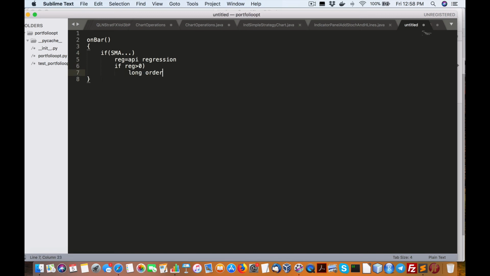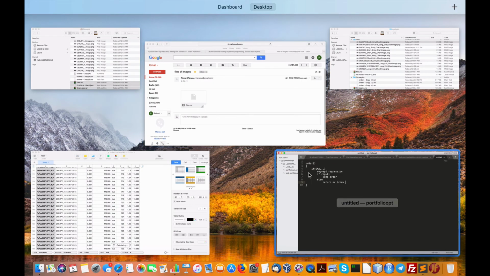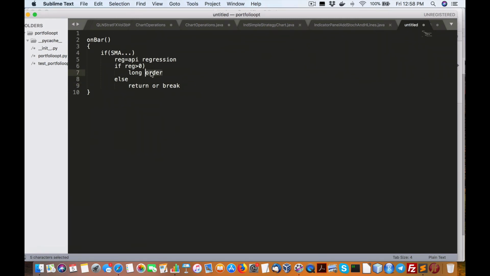potentially long in the order. Otherwise, return or break out of the loop. So nothing like what you're trying to prevent is this long from happening if the regression condition is not met, being positive, and you do the reverse on the short. So again, this is only for the long, and then do the reverse for your shorts. All in all, I think we are reducing